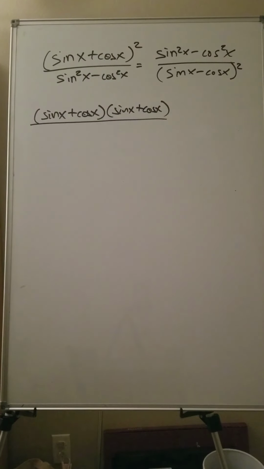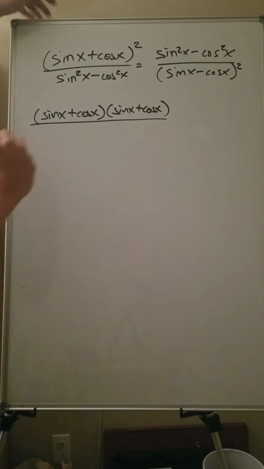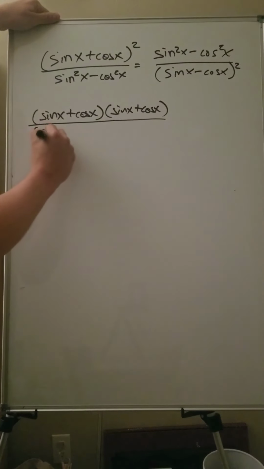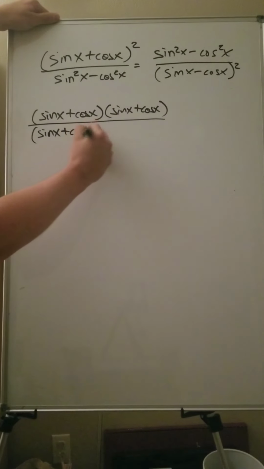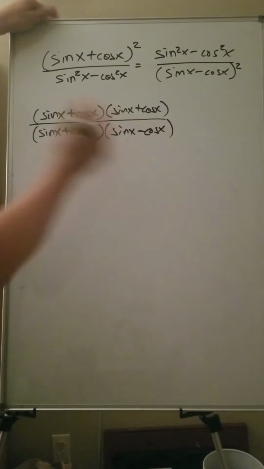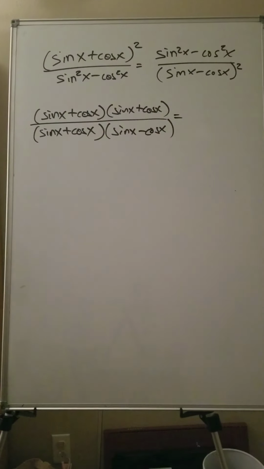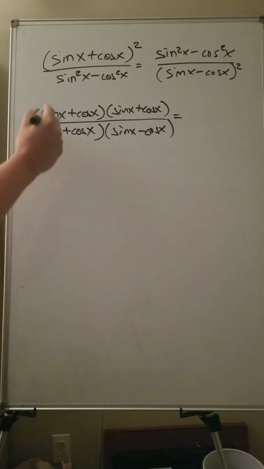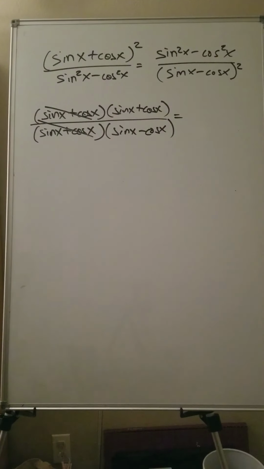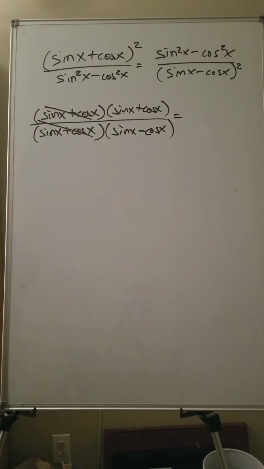But what it is, it's a difference of two squares. This is a squared minus b squared. So if I want to factor a difference of two squares, that factors to be a plus b times a minus b. And if I do that, well, now I have a bunch of stuff factored out, and I can see right here, oh, those two factors are the same. They can divide out. So now all I have left is sine of x plus cosine of x